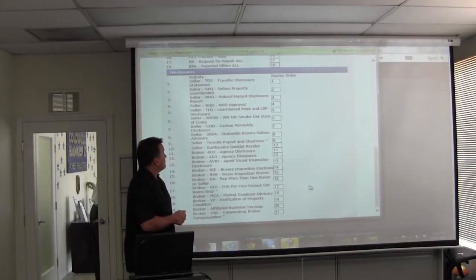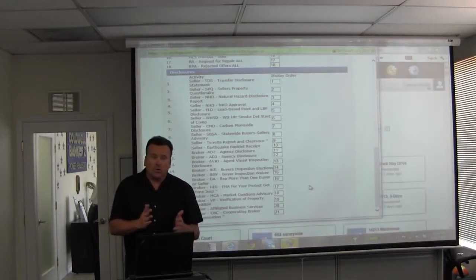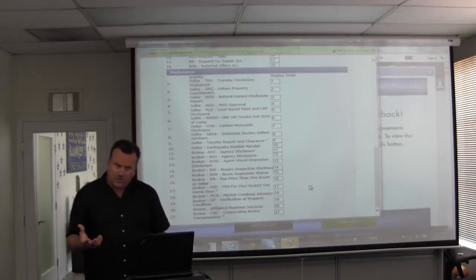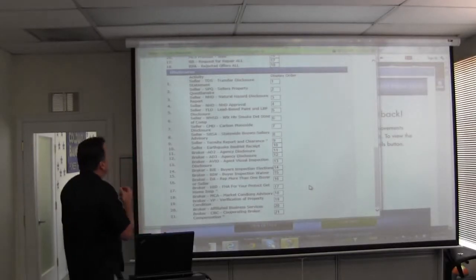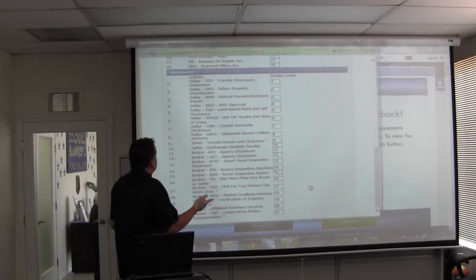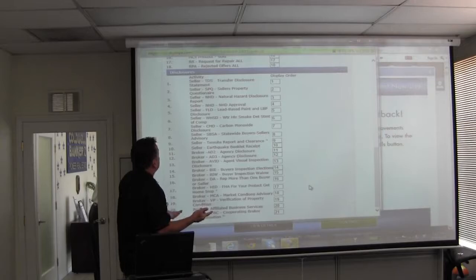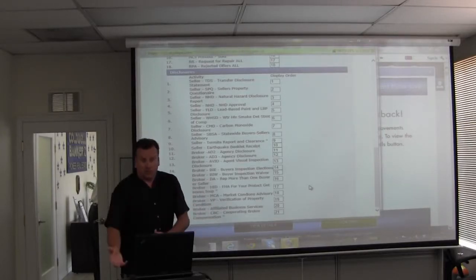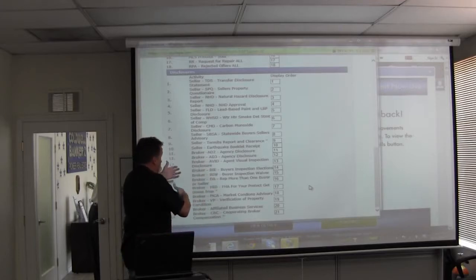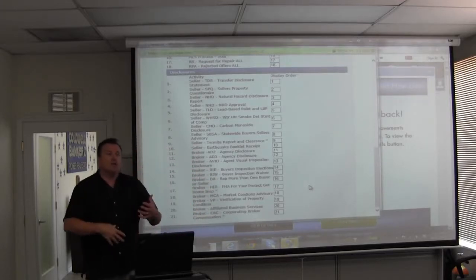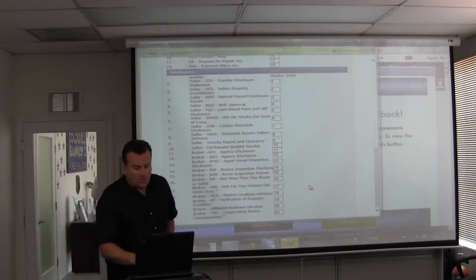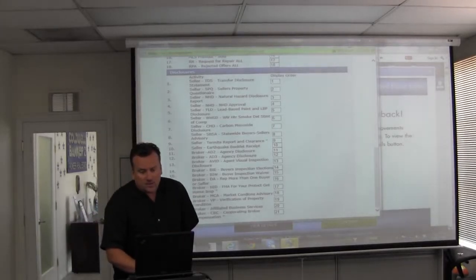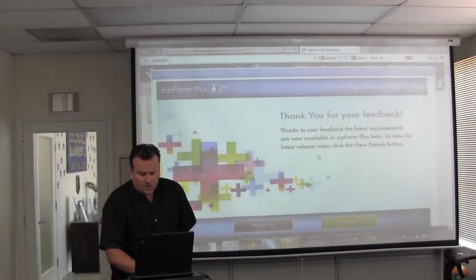The SPQ, Seller's Property Questionnaire, we're going to go through that. That's pretty straightforward, standard stuff. One of the things that I don't like about the SPQ is that it is so redundant. There's a lot of stuff on the TDS that's on the Seller's Property Questionnaire. Also a lot of stuff on the statewide buyers and sellers, just the same questions over and over and over. So as you're explaining that stuff to your clients,